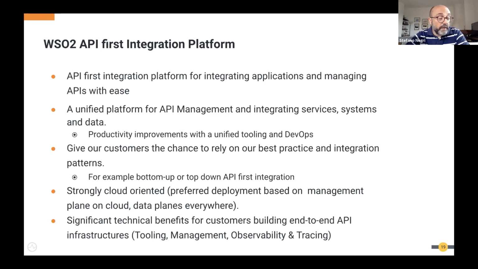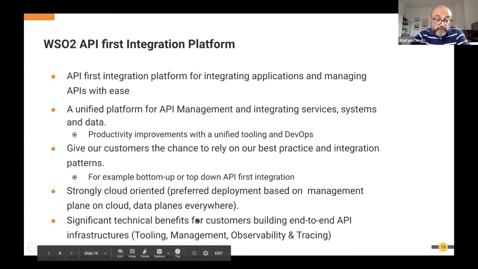So our recommended deployment approach will be based on a management plane on the cloud and data planes everywhere. This is not the only option, but it will be the recommended approach, because we strongly believe in a cloud-oriented deployment.